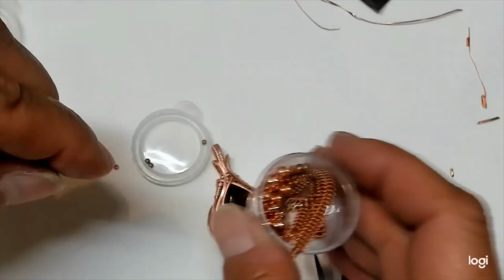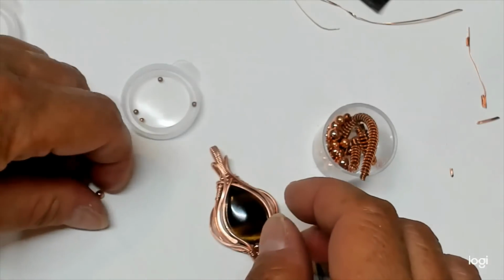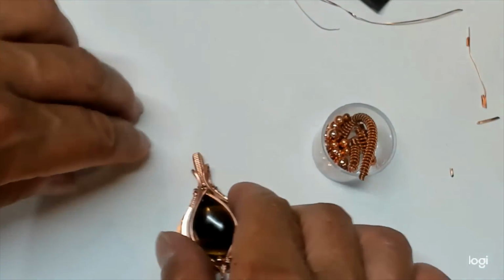Yes. Okay, so fun. They went everywhere. All right. Okay. So